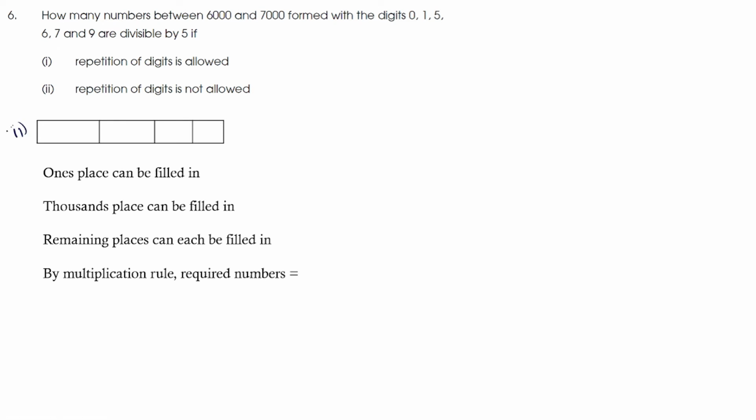So the second subdivision. Here we have the ones place, tens place, hundreds place and the thousands place. Here again the thousands place can be filled in one way and the ones place can be filled in 2 ways. So the remaining digits which are left are 4 and the remaining places are 2. So the remaining places can be filled in